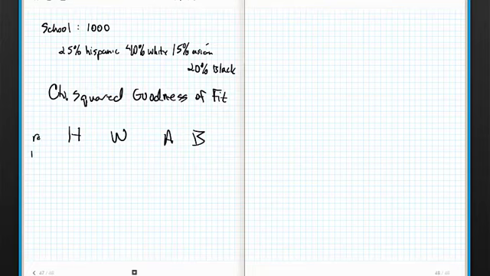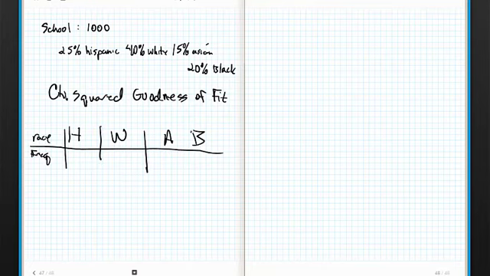This is our race, and this is our frequency. And let's say that I just go through the school and I start tallying. So in my school I've got 200 Hispanics, 415 whites, 175 Asians, and